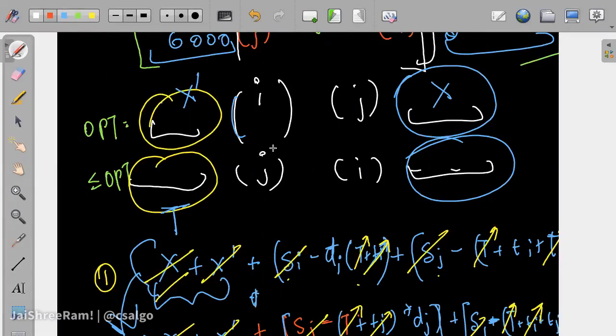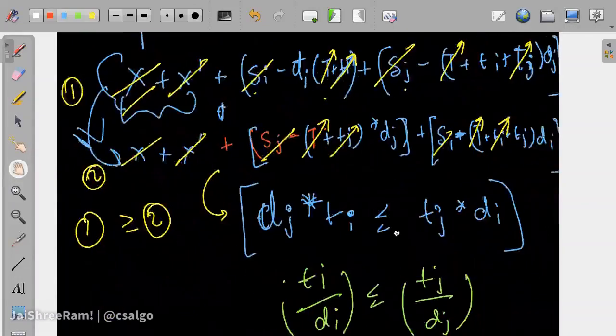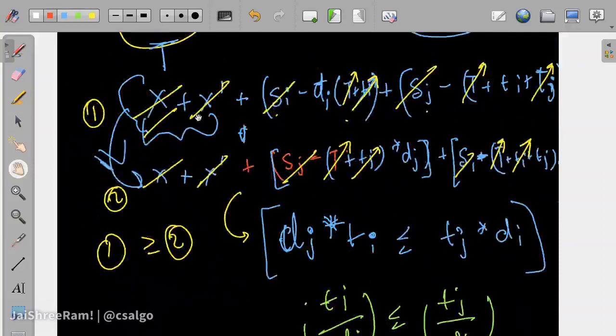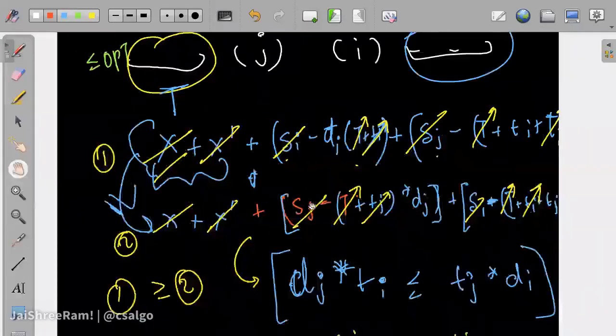So what you can do is take some ordering and say that okay, it's optimal, now swap it and say that okay, it's not optimal, and find the condition between those two elements. By writing expressions and finally getting up to the final term. Most of the time you don't even need to consider the things before it, because most of the time the contribution for those gets cancelled off. So you can just take two elements and see what's the condition for one of them to appear before the other. That will work in most of the problems.